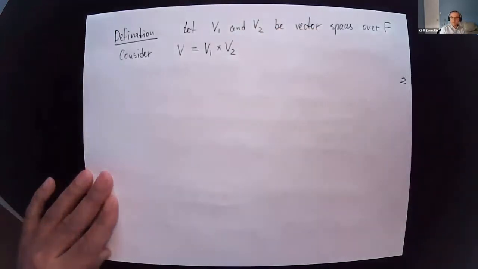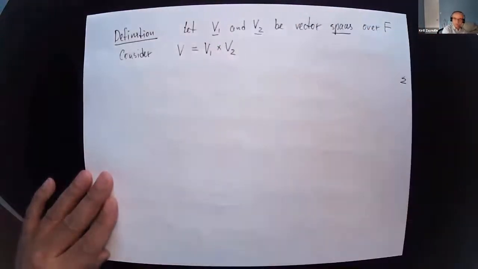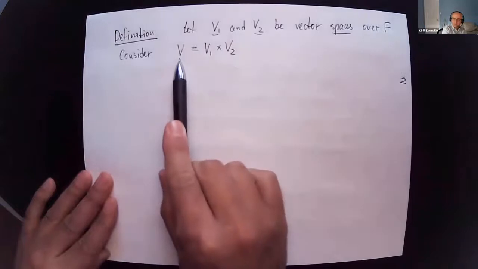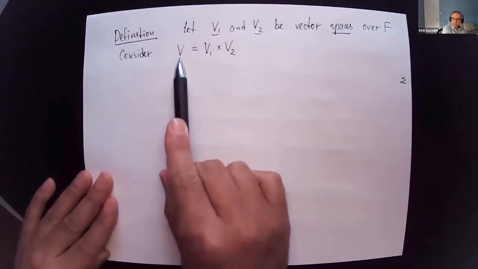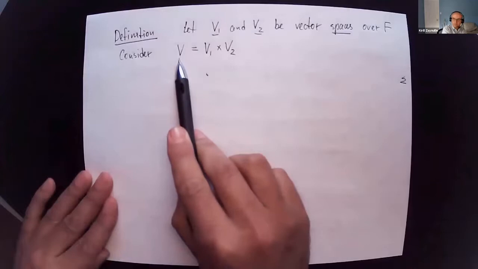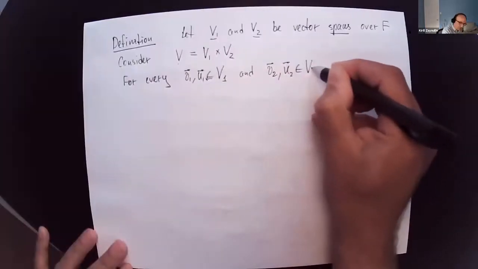So consider this set. Now, we know that V1 and V2 are vector spaces. However, we don't know yet whether V is a vector space or not. We have only defined this V as a set, right? And in order for V to be a vector space, in addition to the fact that it is just a set,